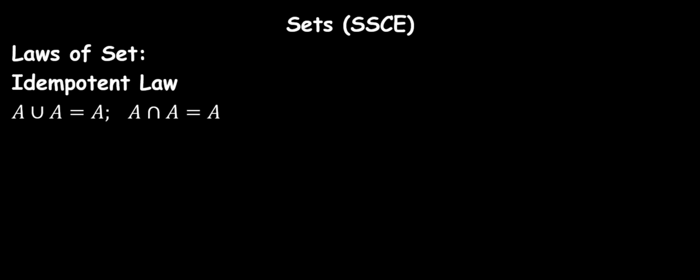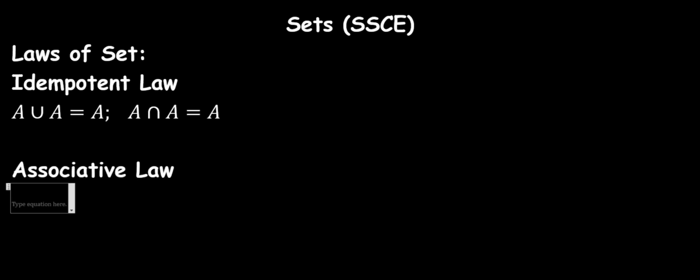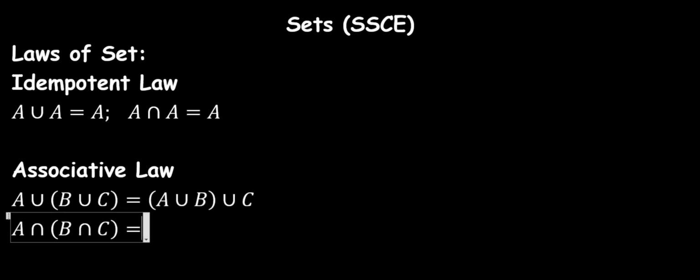Next is the associative law. It says A union (B union C) is equal to (A union B) union C. A intersection (B intersection C) is equal to (A intersection B) intersection C. What you can take home from the associative law is that in the case of three sets,